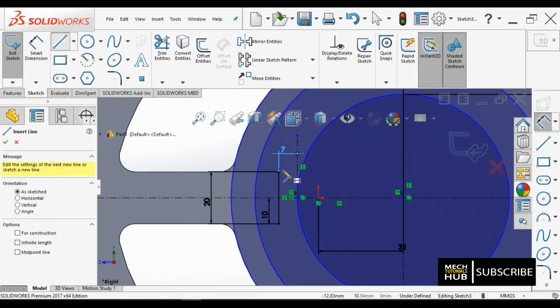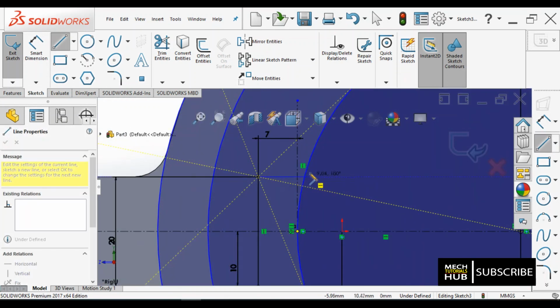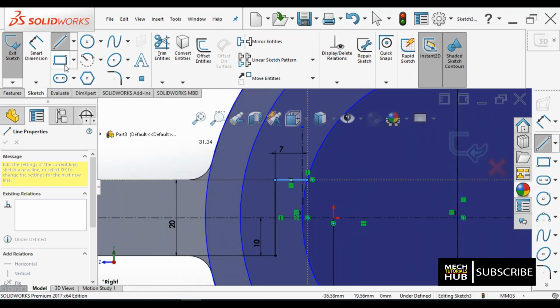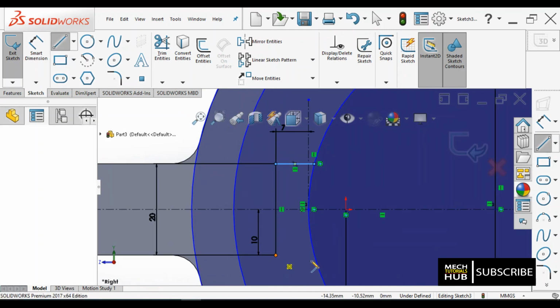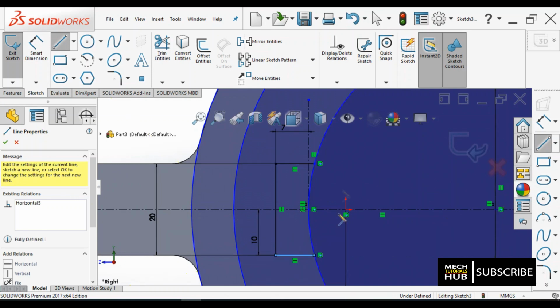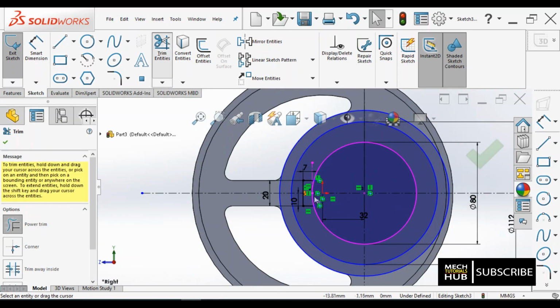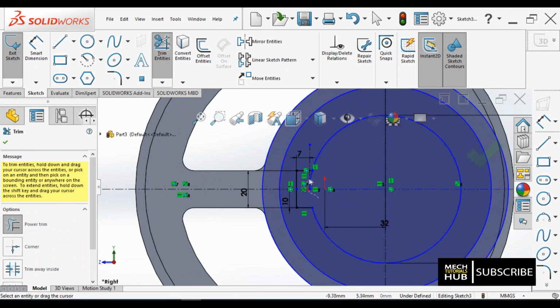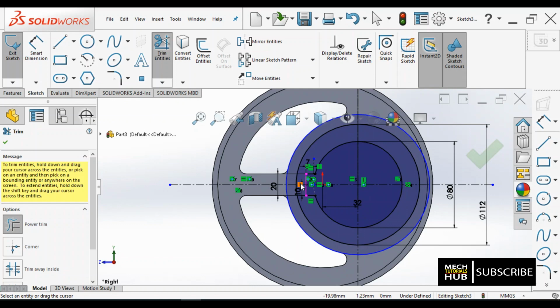Okay, now I'll drop a line from the existing till it intersects. Yes, and one more line. Okay, this is how we do it, and let me remove the unwanted. I got that shape.